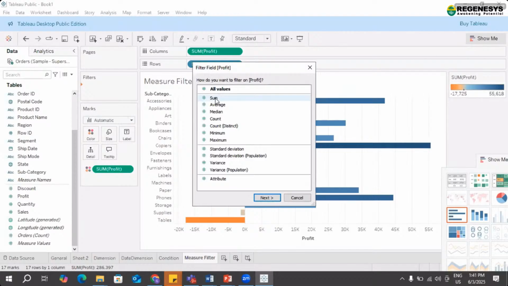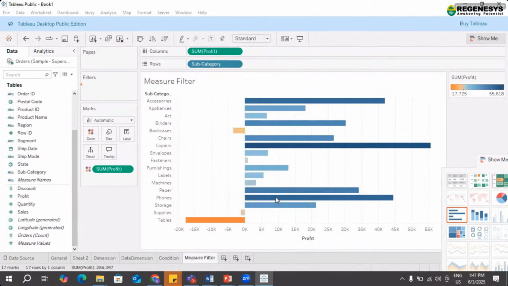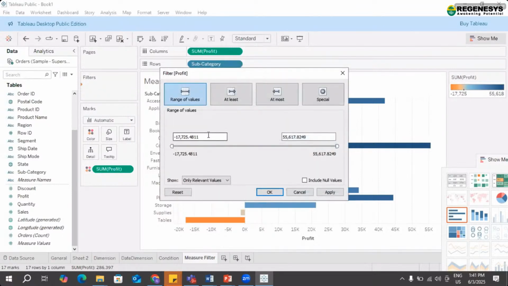When I'm doing it, we have the sum option, and we have various other options. Yes, you can apply it. So now if I'm doing it on the sum option, here we are able to see the range. All the options we have, like if I want to check at least 5 years of experience, it may be six, seven, or 10. So at least 5 years of experience comes here.